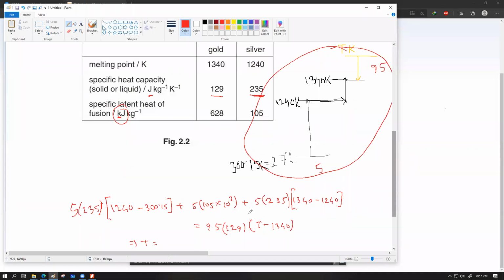So another way to make sure that you score partial marks even if you are in a hurry is that, other than doing this whole math in a single go, calculate these parts individually. Calculate this and write the value. Then calculate this, write the value. Calculate this, write the value. And then you show that the sum of this plus this equals this much, and then find out the T.